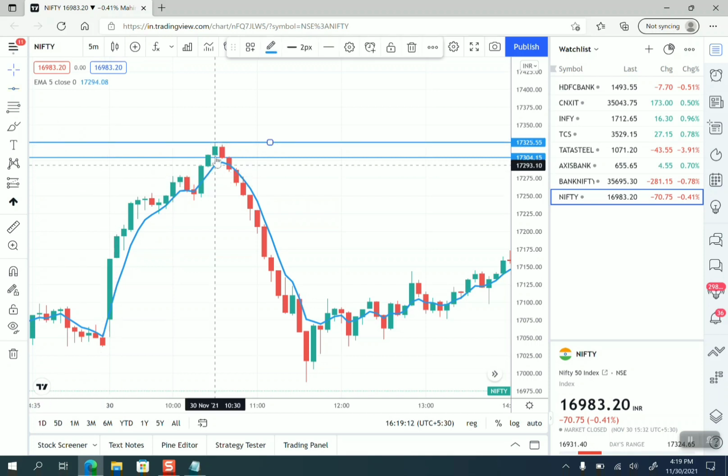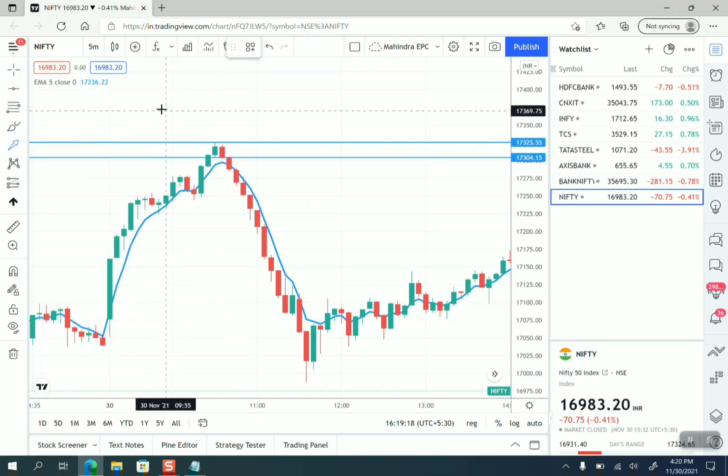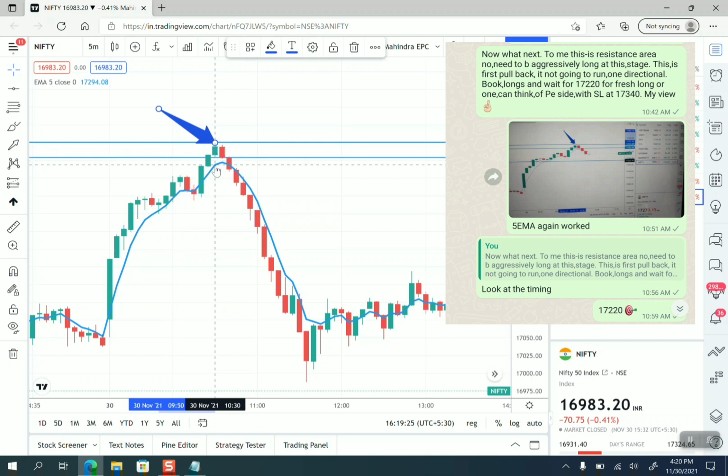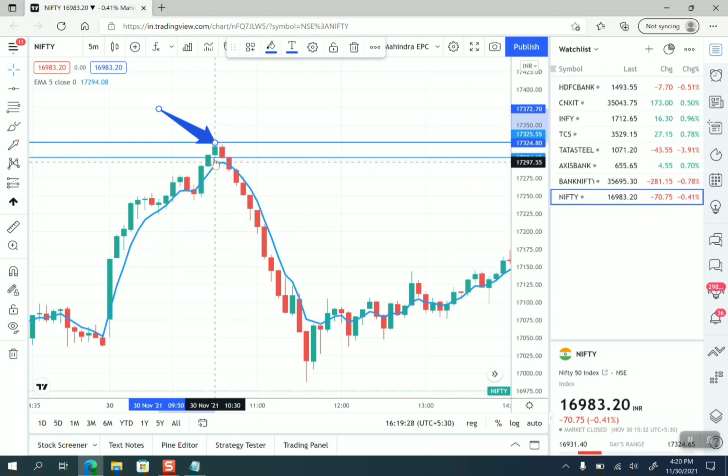As soon as we see the next candle, so this was my initial candle, let me mark it with an arrow. This candle was my trigger point because it went away from this line. As soon as the next candle breaks the low of the previous candle, we have to initiate a trade on the downside. The 5 EMA analysis says the candle always tries to come close to the line. As soon as it goes away, it has to come back down to the line. So the funda is, as soon as it breaks the low of the candle we are observing, take the put side, or you can short the call, and the stop loss will be the high of the previous candle. That is how it works.